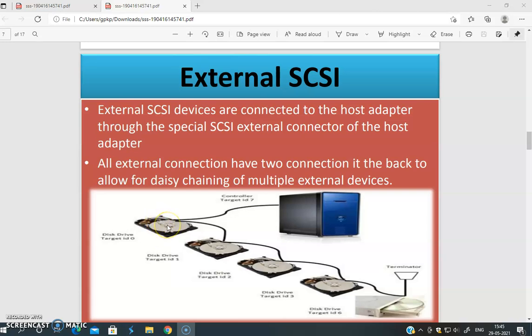One connector is connected to hard disk 0, hard disk 1, 2, 3, and so on. To identify that particular disk or any device, there will be some identification number given. As the connections are just like a chain, it is also called daisy chaining.